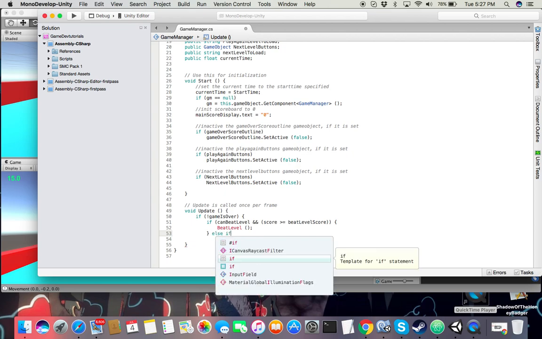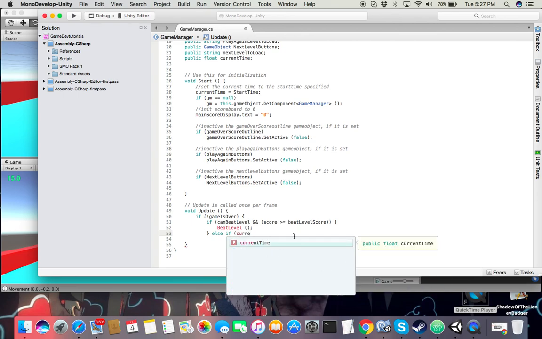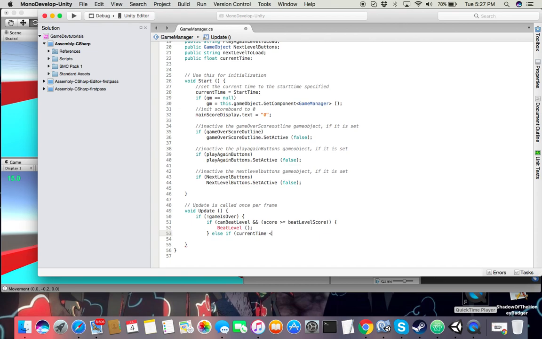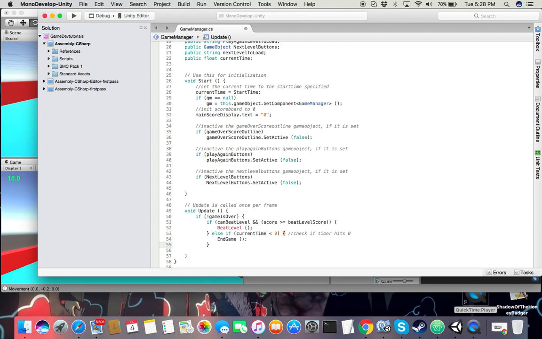Else if current time is less than 0. And what we want this to do is to check if timer hits 0. End game. Else